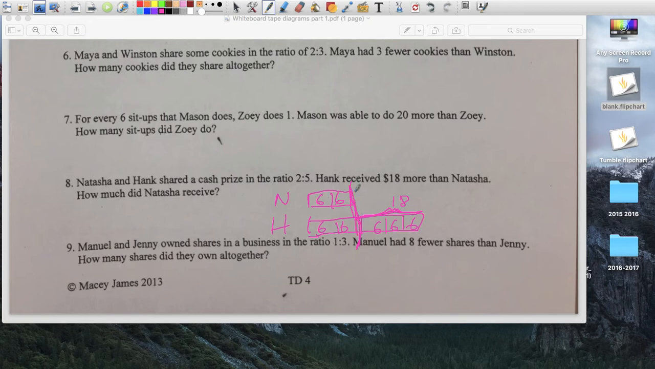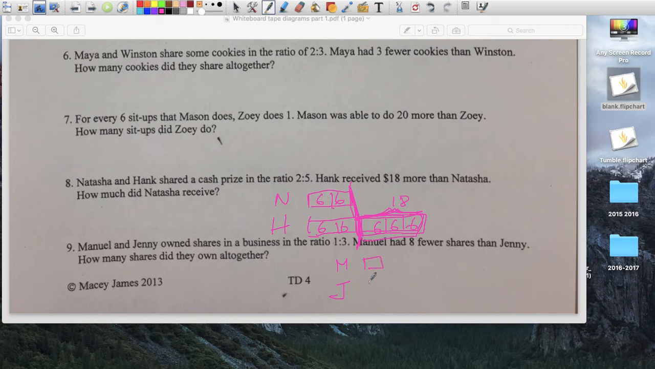Look, up to this line right here, Natasha and Hank have $12 each. 6, 6, 12. But Hank has that extra represented by 3 of these boxes here. 18 more. Okay. Manuel and Jenny,